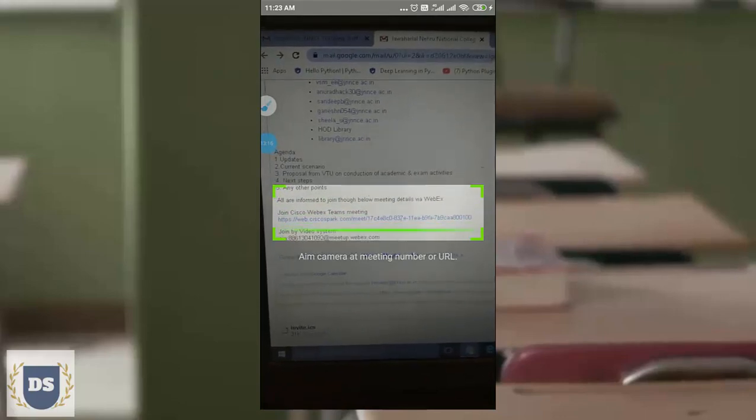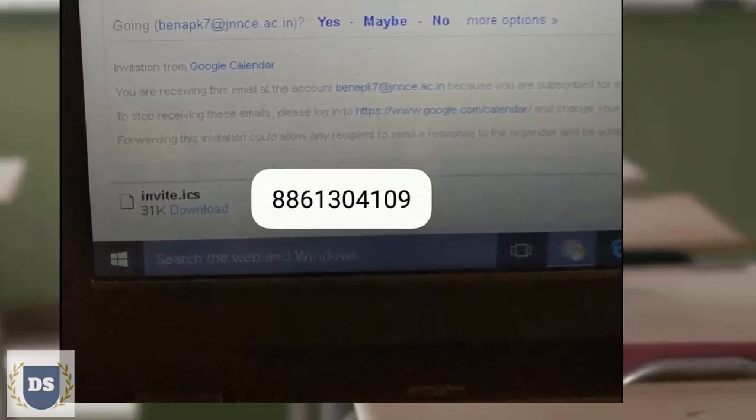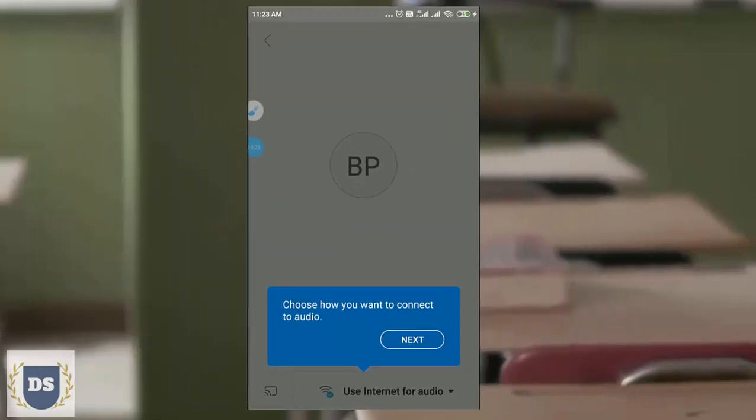If the URL is properly scanned, the scanner will ultimately display the meeting number and you have to hit next. This is how we can join a meeting.